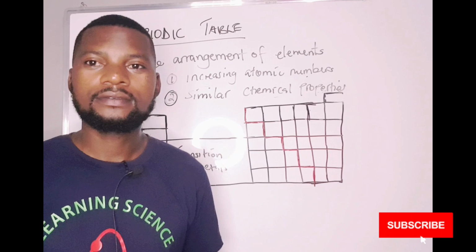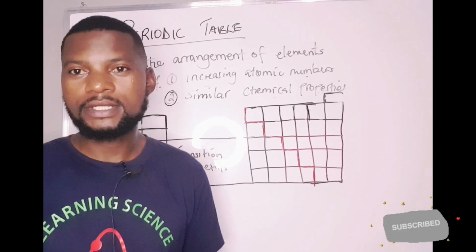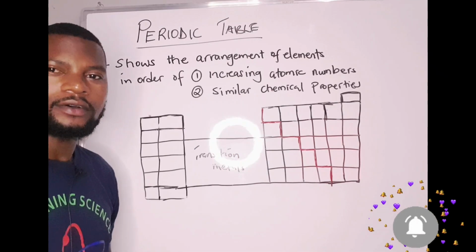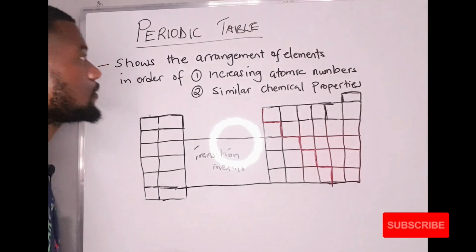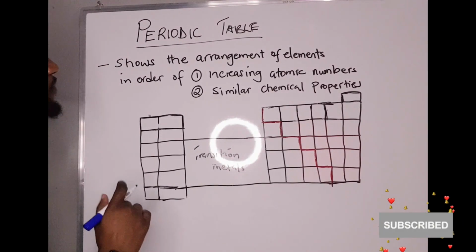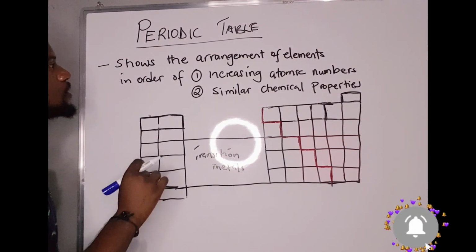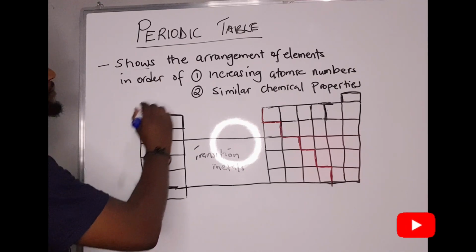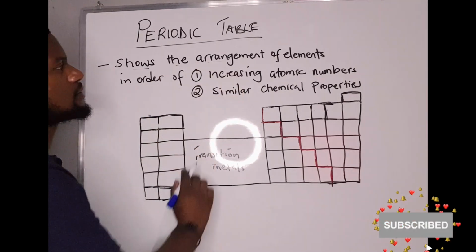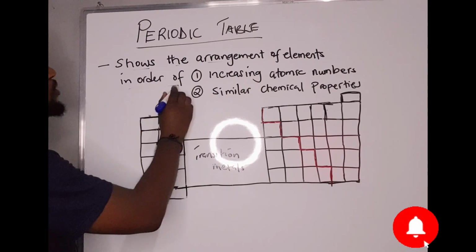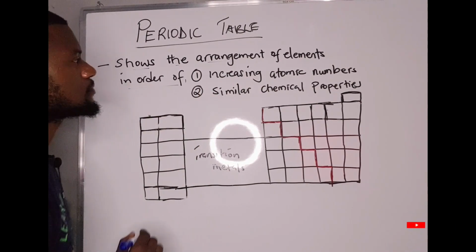In this video, we are going to look at the periodic table. Okay, so now we look at the periodic table. A periodic table shows the arrangement of elements in order of